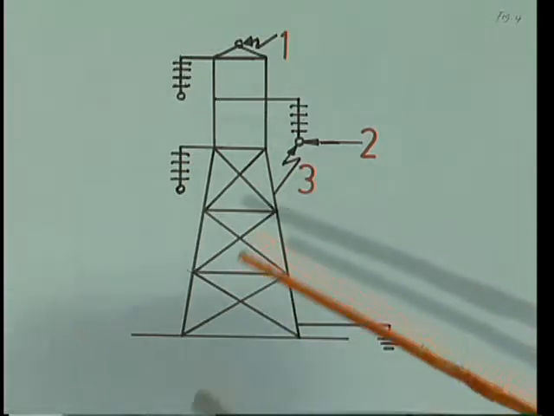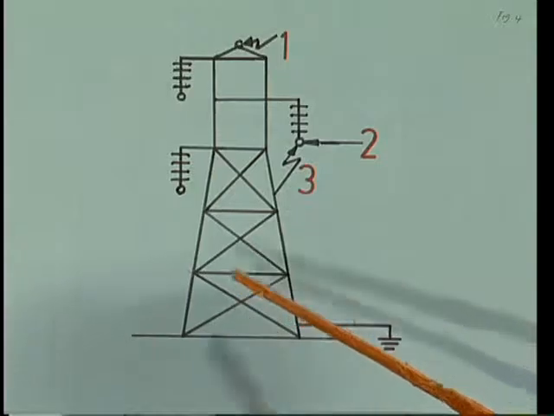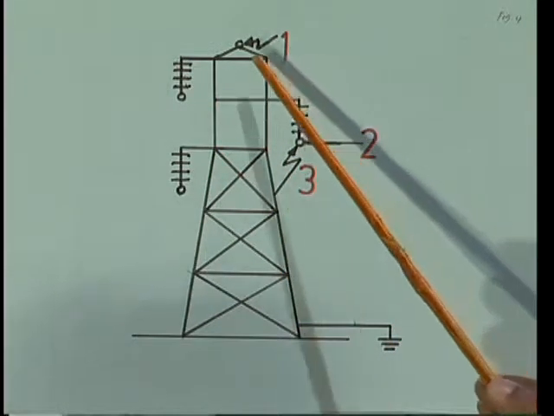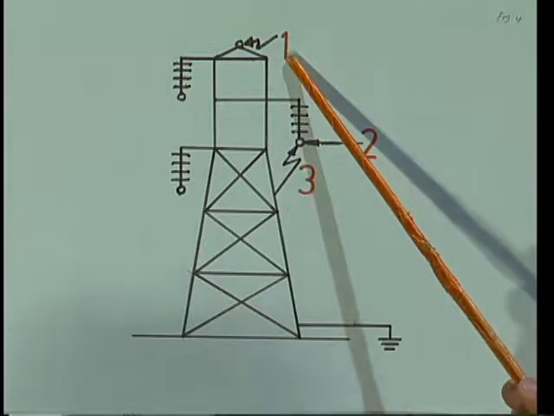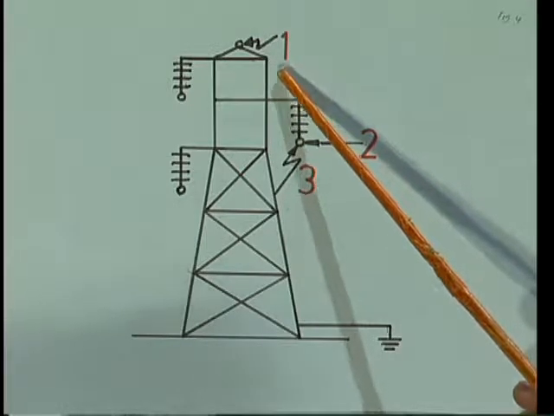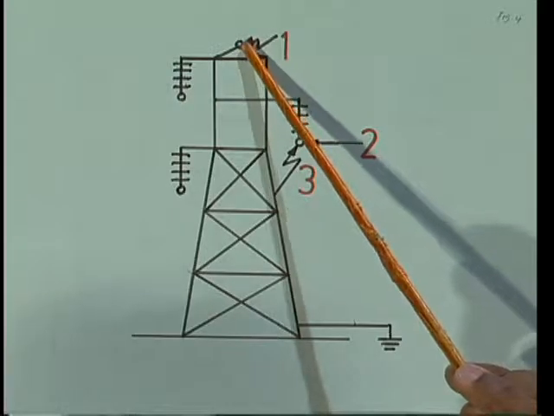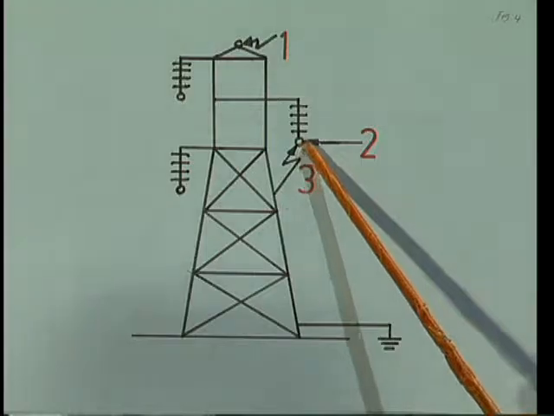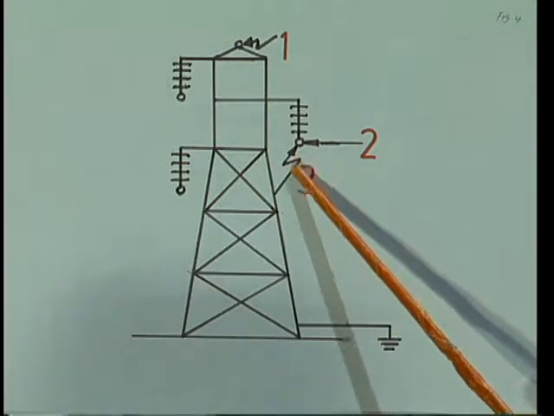The figure is like this. Here it is a tower. This is a single circuit tower. Here are the conductors, and one is the earth conductor, where the lightning hits, because lightning always hits the top of an object. The tower is the tallest one. So at the top is the earth conductor or the tower. So 1 is where it is hit, 2 is the line conductor and 3 is called